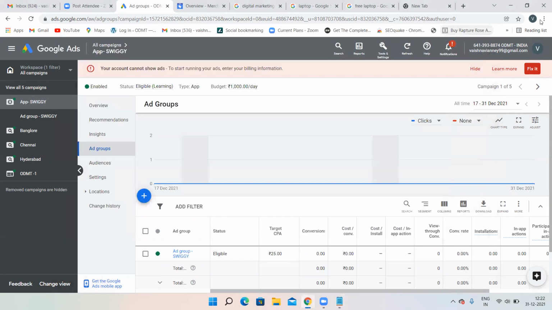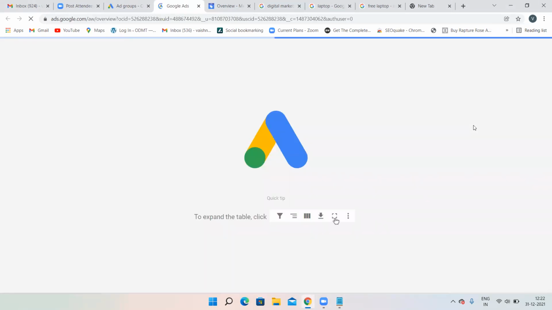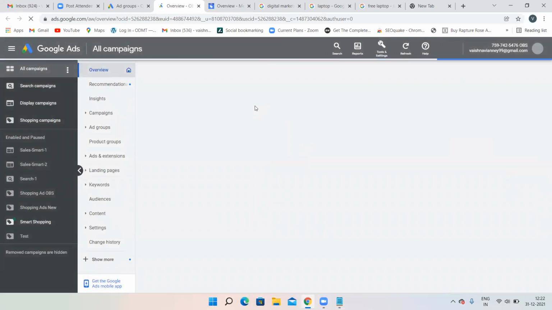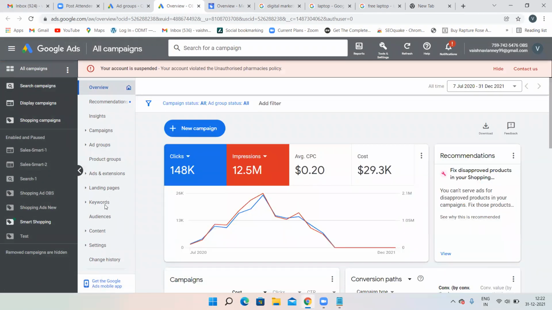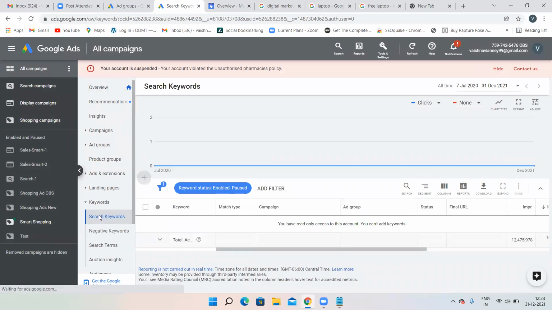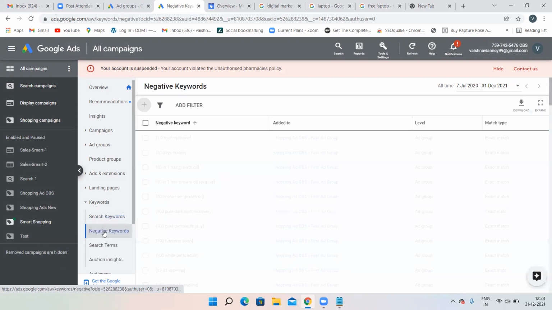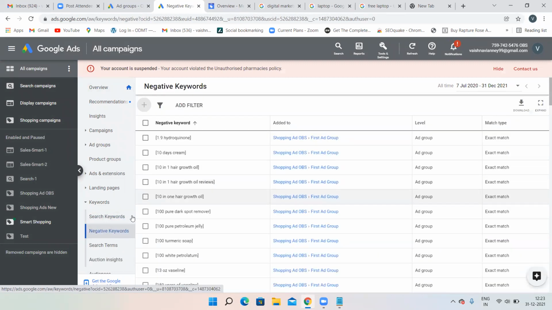Let me open the account and I'll show you how many keywords we have turned into negative match. This is an e-commerce website actually, Order Beauty Supply. Then keywords, search keywords, negative keywords.